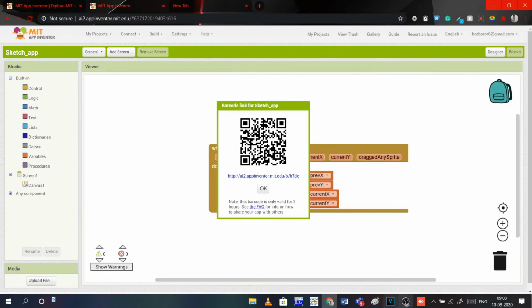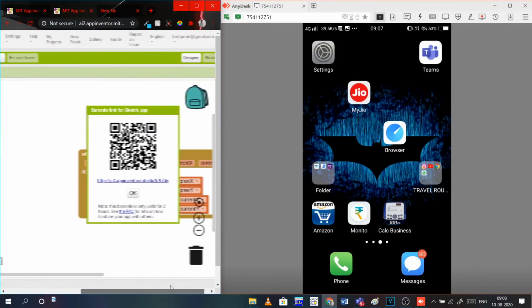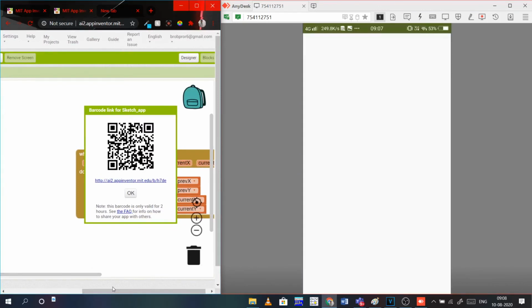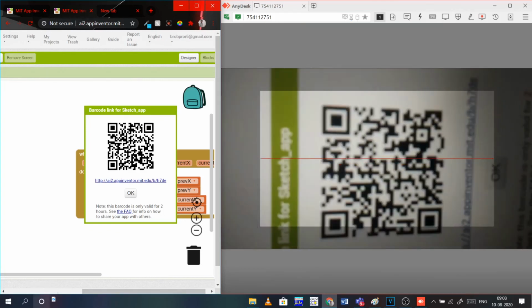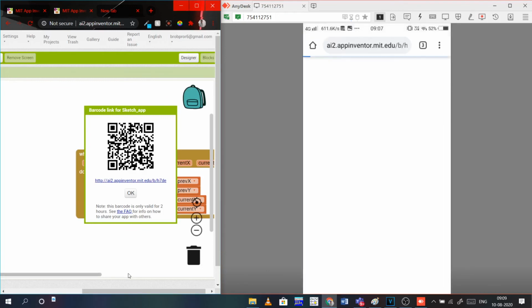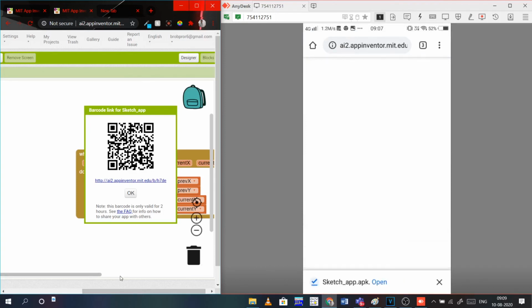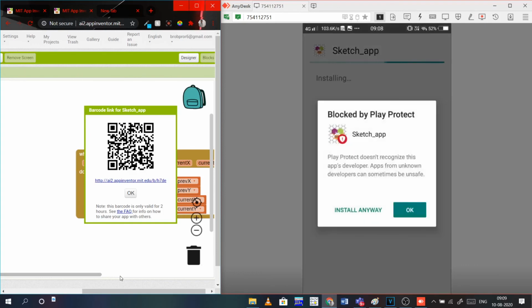Next, let's scan this. Scan QR code. Here it will open the browser. Now open, install. When you try to install, it will say it is harmful, but press install anyway.